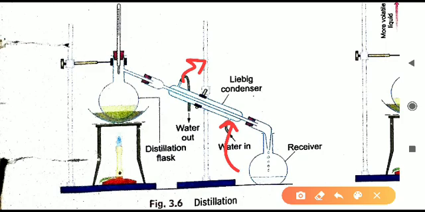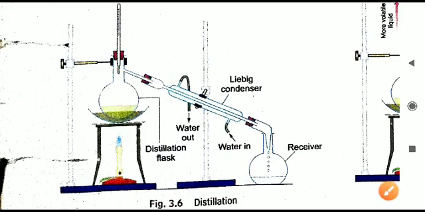What is this water doing? Water is helping in cooling whatever vapors are there. From here evaporation is happening; from the flask, after evaporation, vapors are coming. These vapors are hot and we have to cool the vapors. So for cooling the vapors we are using this water supply. The water in and water outlet that is given here is only for cooling the vapors which are present here. So this is all about the distillation process.